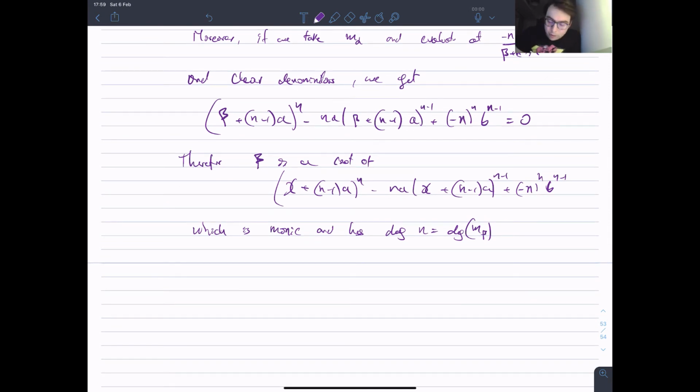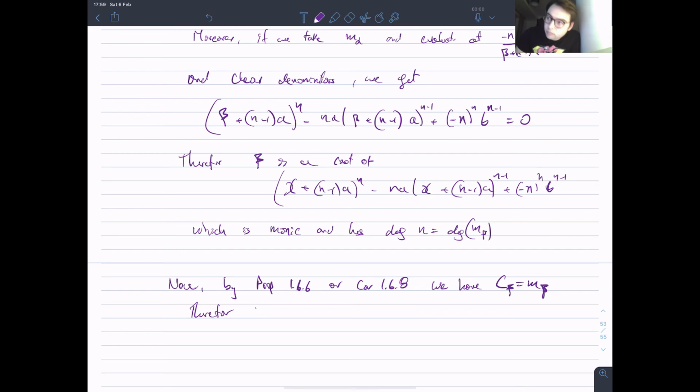Okay, so we know what the minimal polynomial of beta is. So now, by proposition 1.6.6 or corollary 1.6.8, whichever of the two you want, we have that the field polynomial is the same thing as the minimal polynomial of beta. We know this. Therefore, by proposition 1.7.3, we see that if you do minus 1 to the n times the constant coefficient of C beta, we get